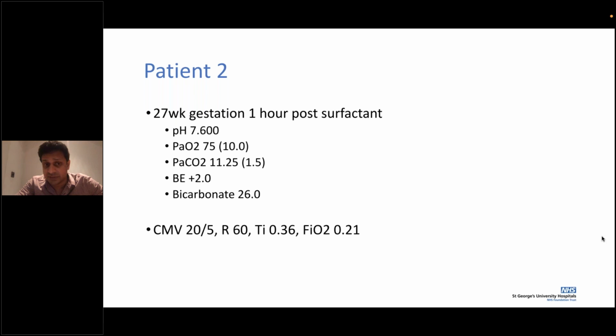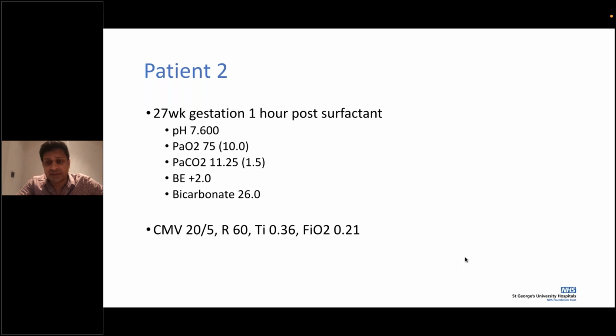Eye time being low, we know that in preterm babies we keep a lowish eye time, and it can vary between 0.36 to 0.4. But increasing it in the context of low CO2 may not be sensible. Your oxygenation is very good. So actually, considering volume guarantee is very good. There is some suggestion of using a SIMV.